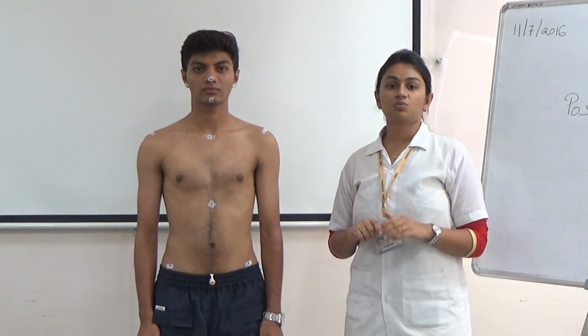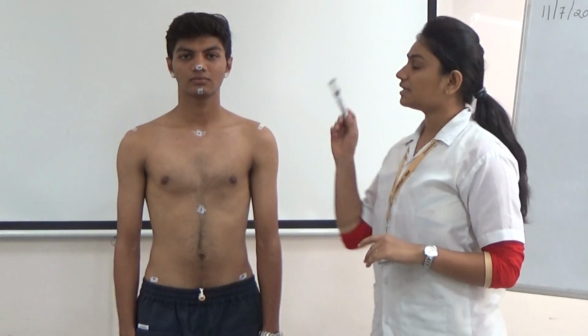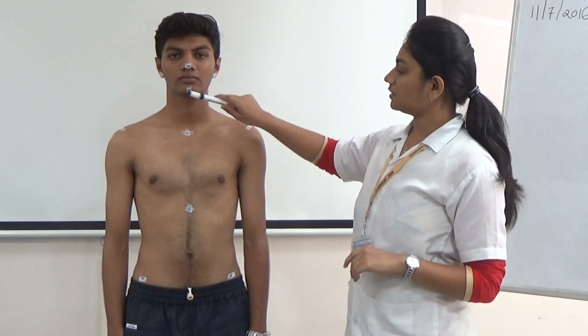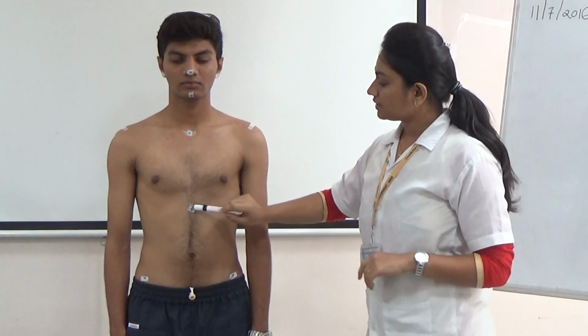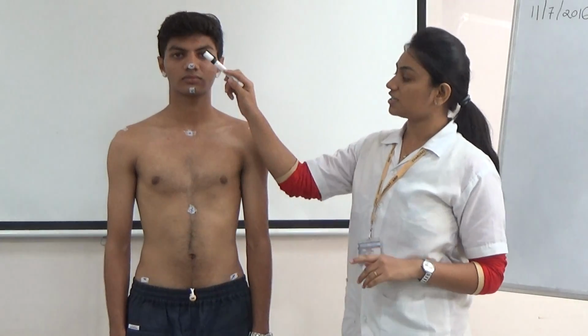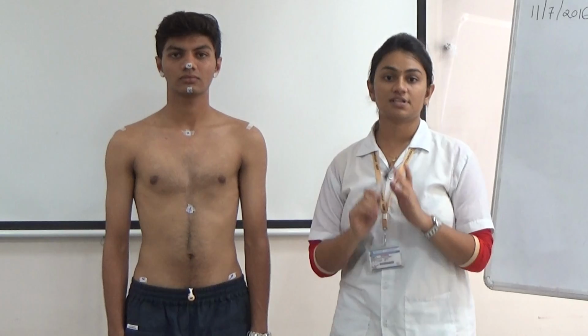Okay, I will start with observation of posture in the anterior view. Here the things we have to keep in mind are the points. The points for the anterior reference are the tip of the nose, mandible, sternal notch, sternum joint and umbilicus. We have to see if these points are in the same line or not. So this completes your anterior reference line.